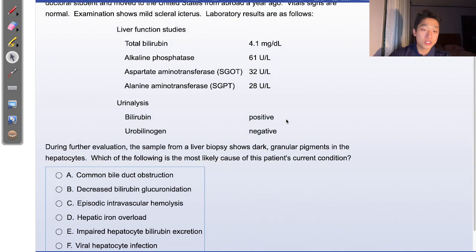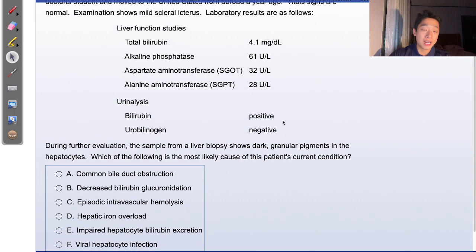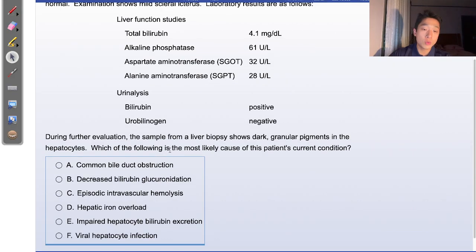To start a question, I would like to read the last sentence. Which of the following is the most likely cause of this patient's current condition? We need to identify the cause, and I also like to read the alternatives to know what the subject is talking about. So: combined duct obstruction, decreased bilirubin glucuronidation, episodic intravascular hemolysis, hepatic iron overload, impaired hepatocyte bilirubin excretion, and